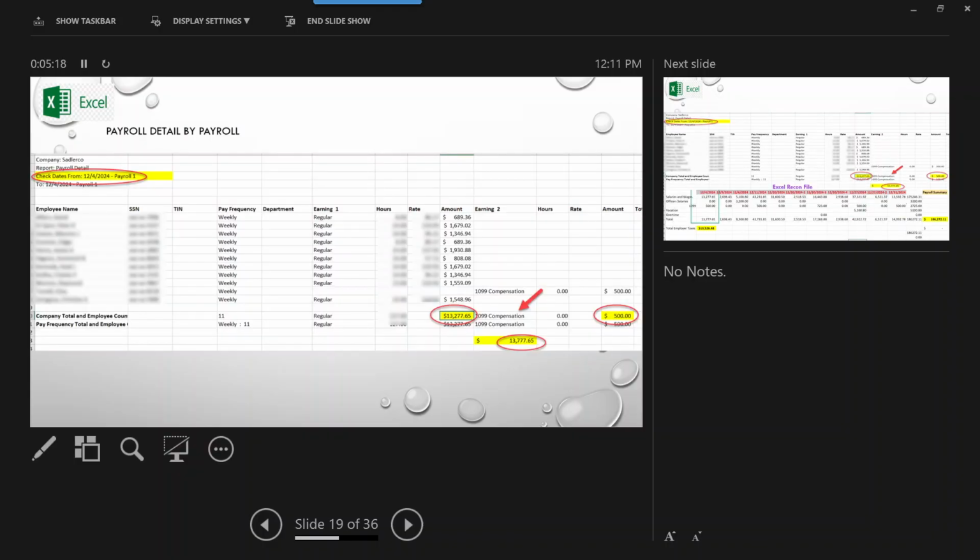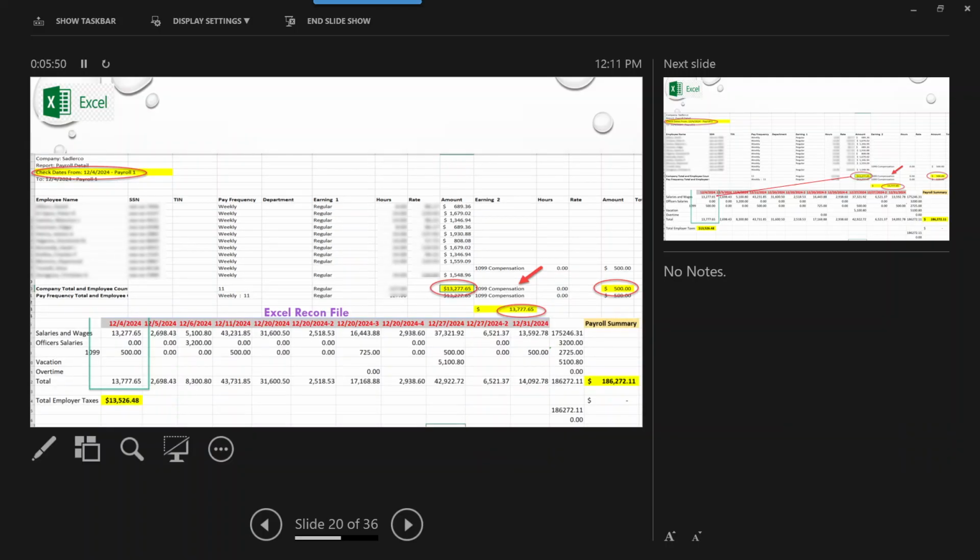And if you see payroll detail by payroll, okay? On the first one, on the left side, we have the date of payroll, which is 12/4/2024, and then the total is 13,777.65, and that is coming from the amount, which is 13,277.65, and the 1099 compensation, which is $500. The total is 13,777.65. And then in my Excel Recon file, the first one is 12/4/2024, and if you see,